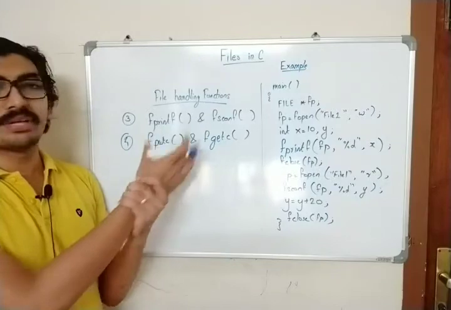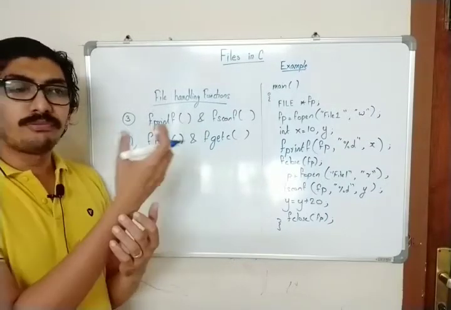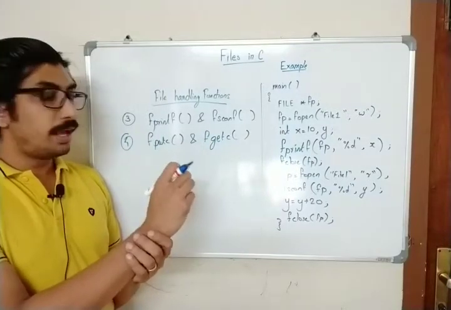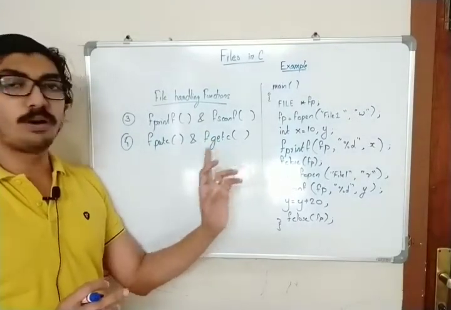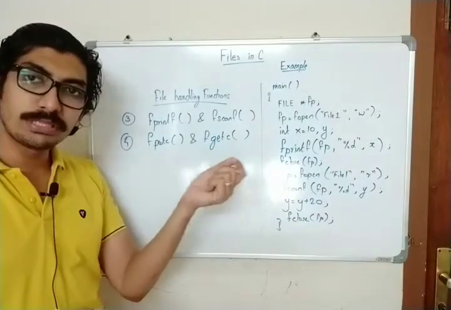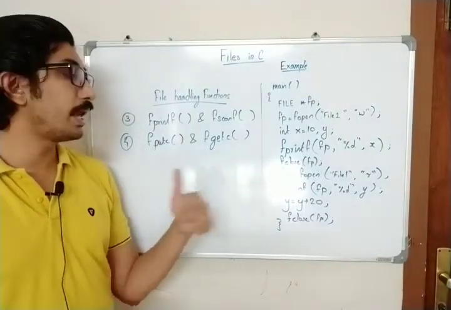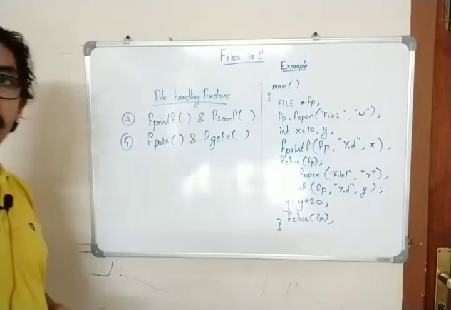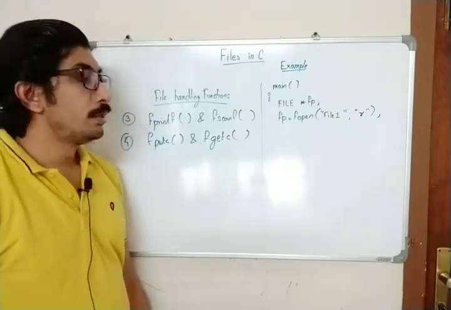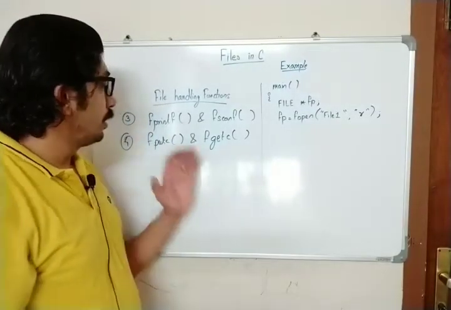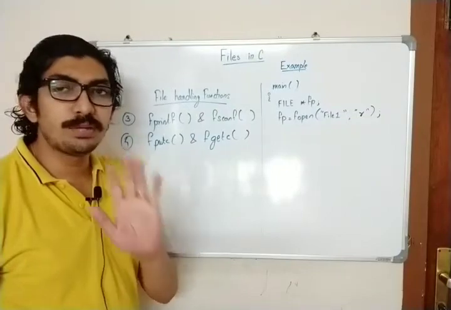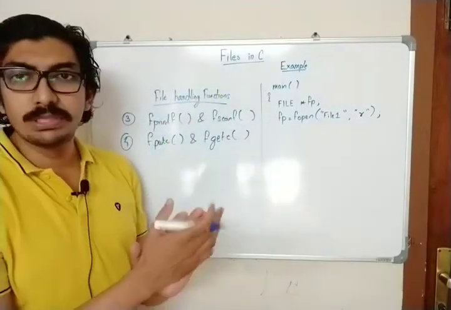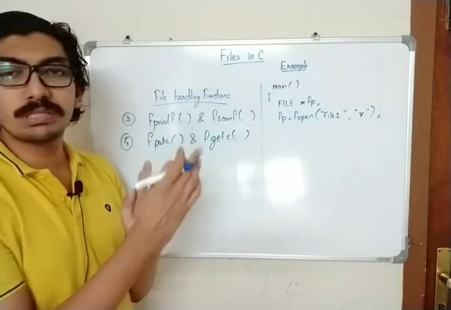Suppose we have a file with some contents, and you have to create a new file and eliminate all the vowels. So we have to check character by character. In that case you can go for this method. So let's see an example. I'll give a scenario. You think that you have a file named file1 and it has a set of data which is comma separated. It is a comma separated file.